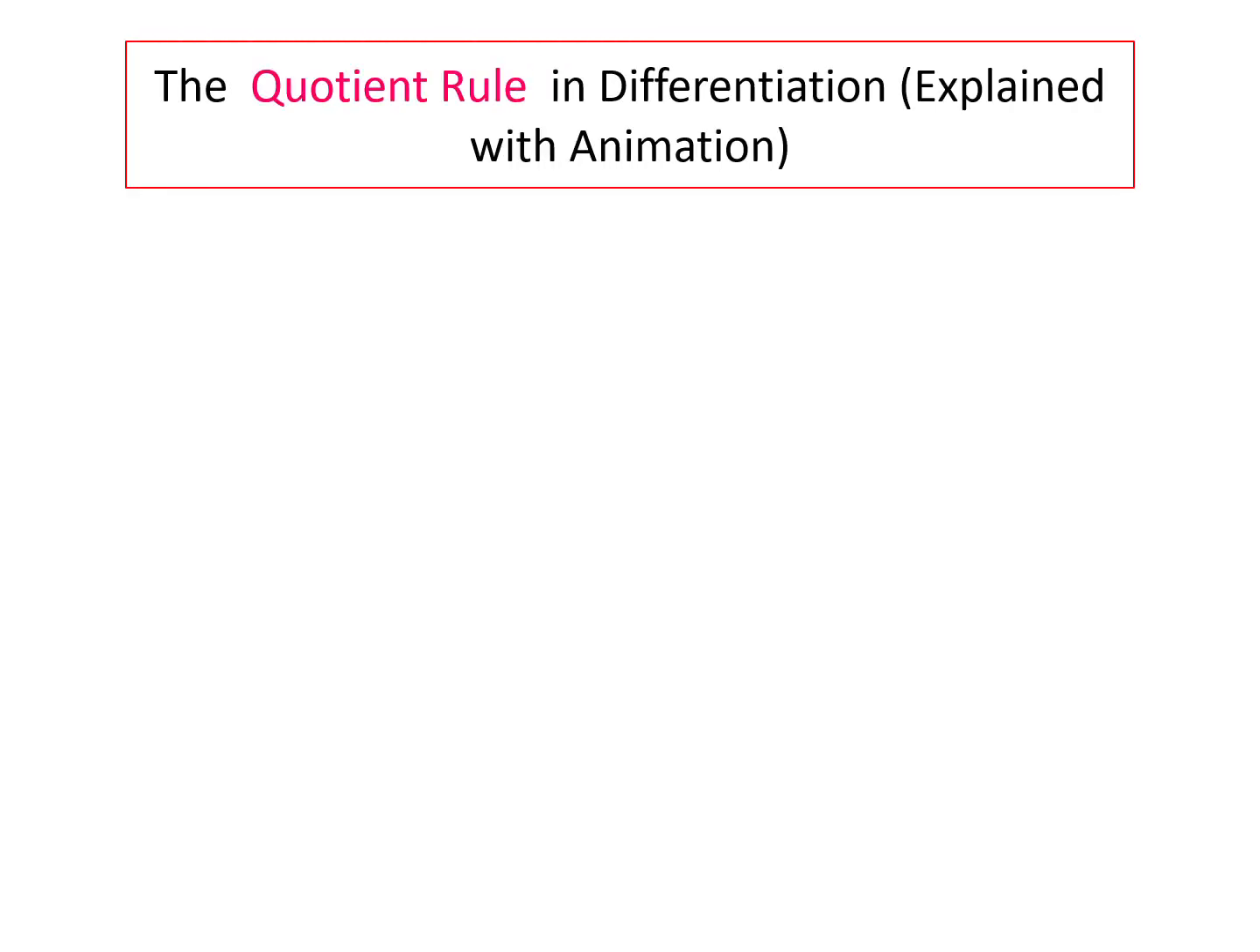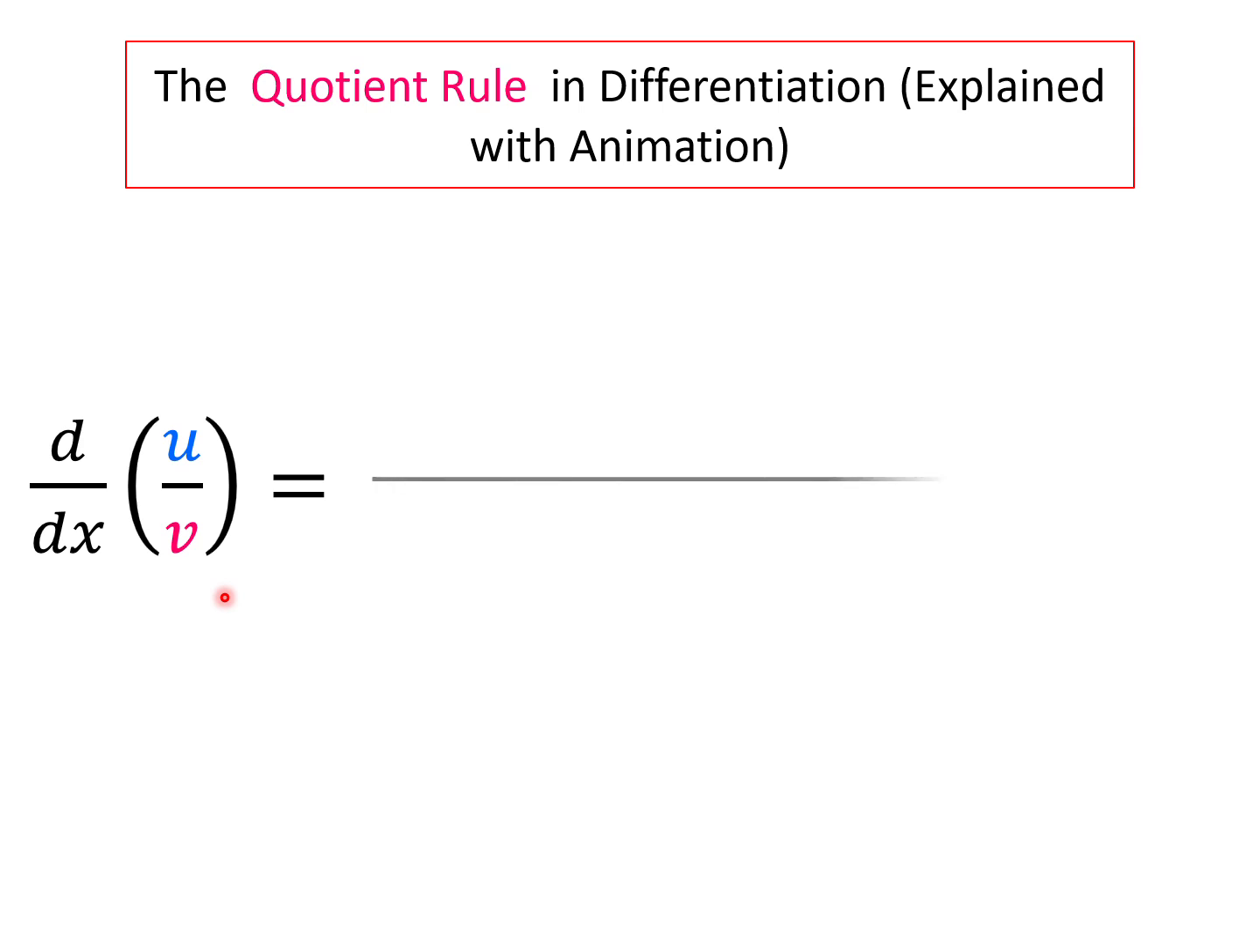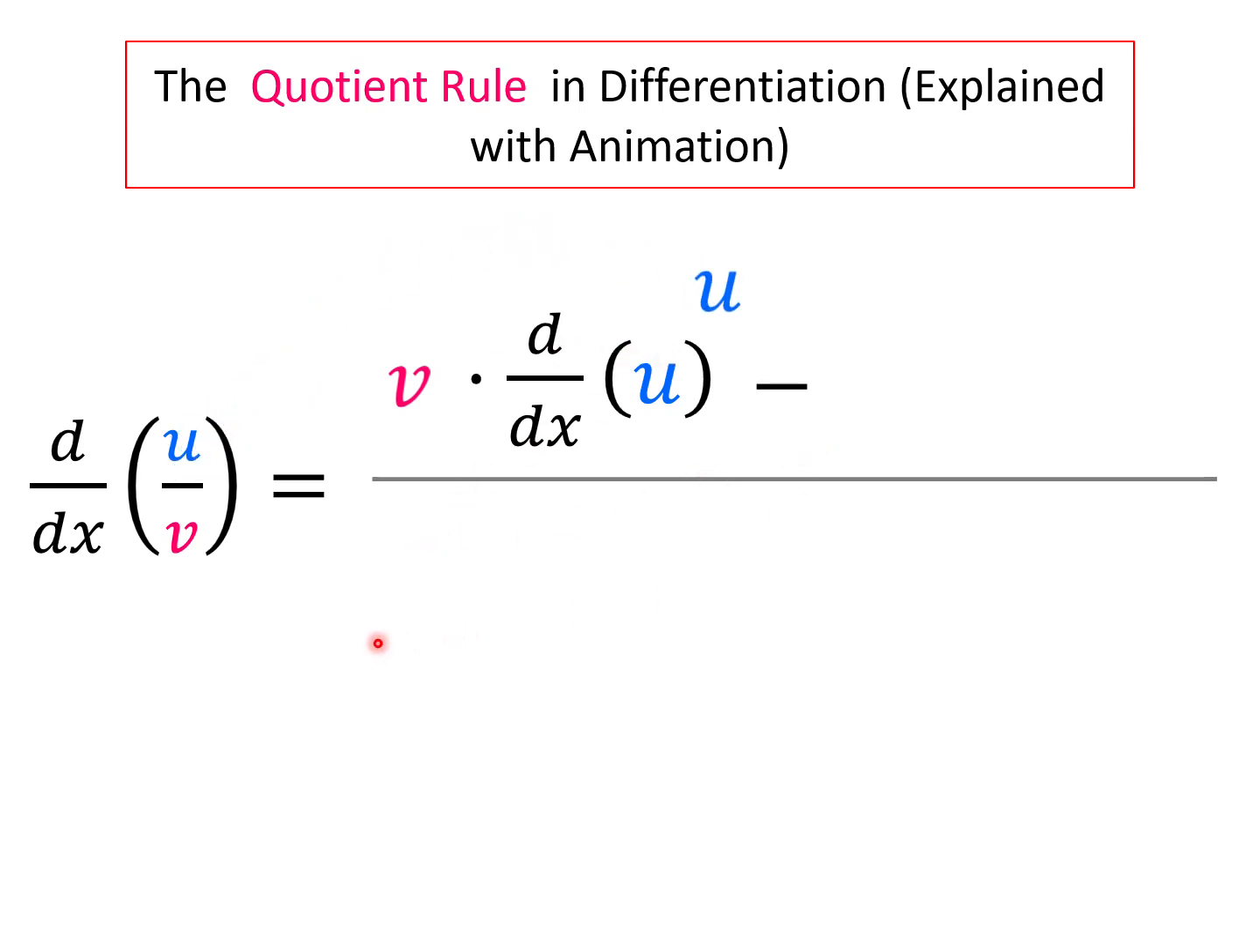Today we will discuss the quotient rule in differentiation with the help of animation. Here d/dx of u by v, where u is in numerator and v is in denominator, is equal to v times, that is denominator times differentiation of u, that is numerator, minus numerator times, that is u,